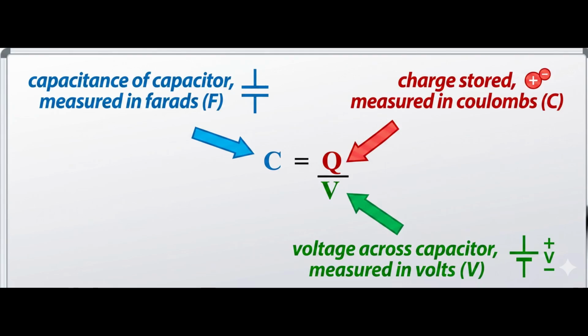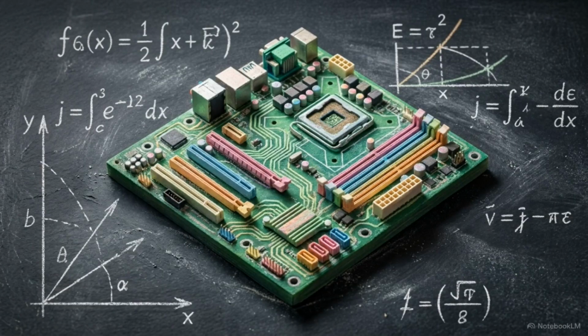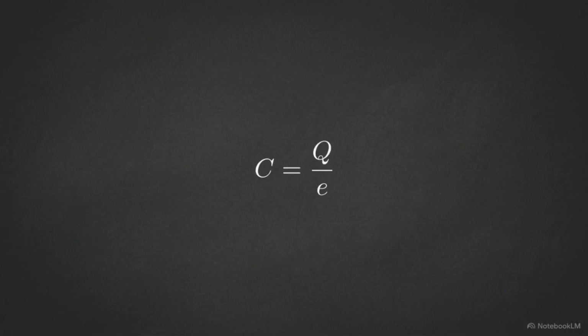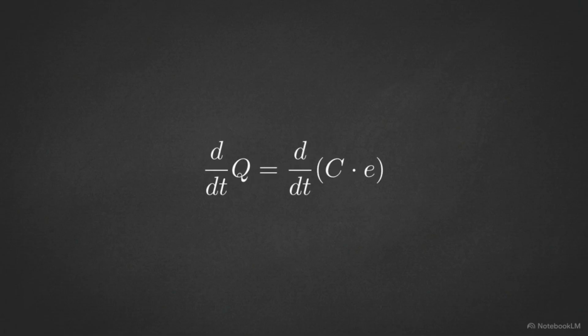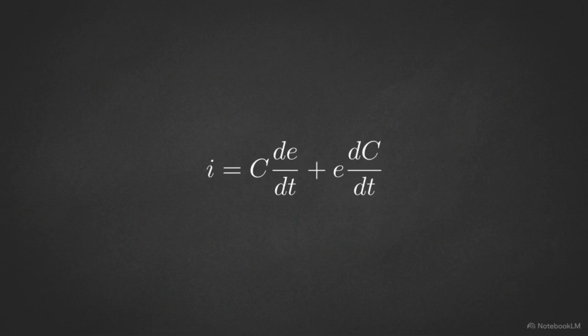This equation defines the relationship between the physical structure of a component and its capacity to store electric charge. To understand how a circuit actually operates in the real world, we have to look at how these values change over time. We do that by taking the mathematical derivative of the entire equation. When we apply the calculus product rule, current is revealed as two separate processes, the change in voltage and the